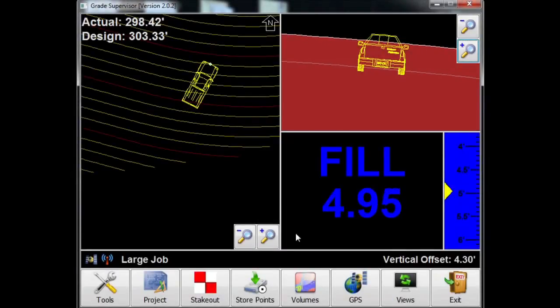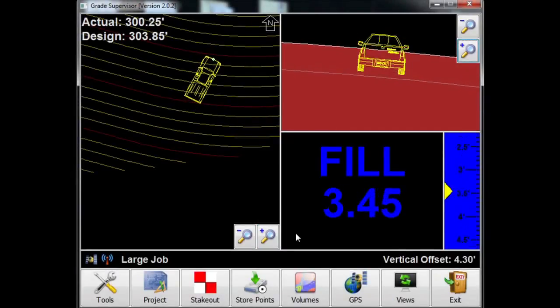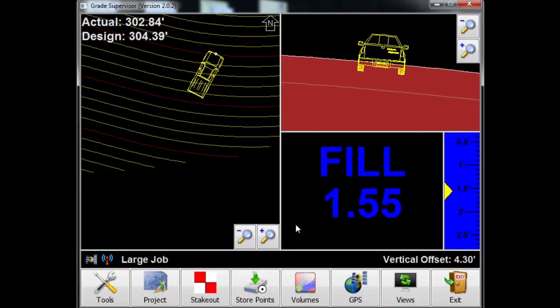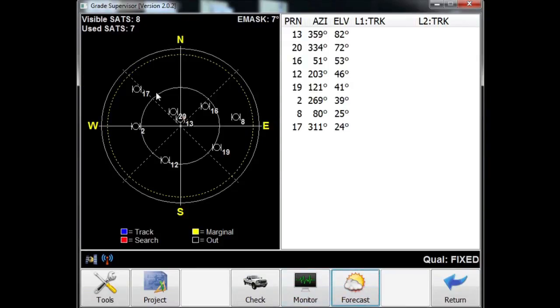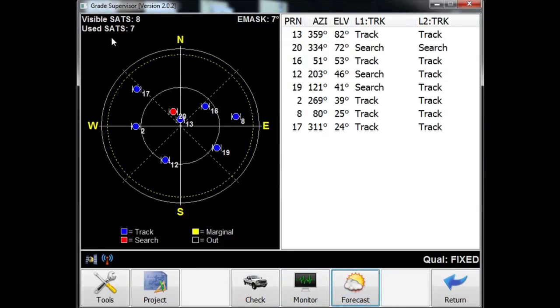Let's take a look at the GPS monitor button inside of Grade Supervisor version 2. If you'll notice, one of my buttons that I have assigned here says GPS. So let's press that, and I get a sky plot. Now the sky plot lets me know how many satellites are visible, how many are being used for the calculation,